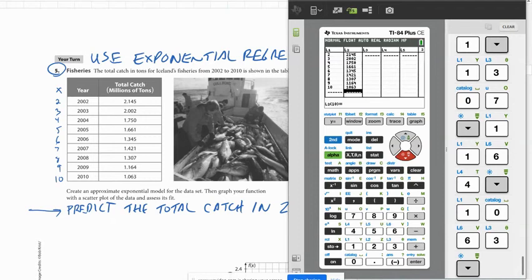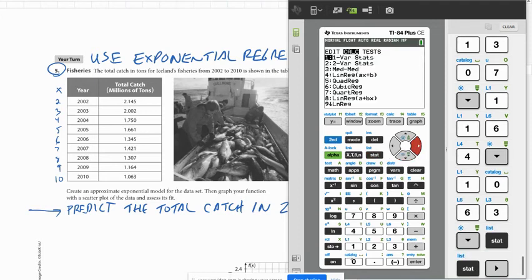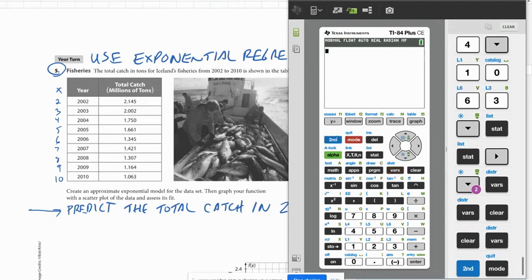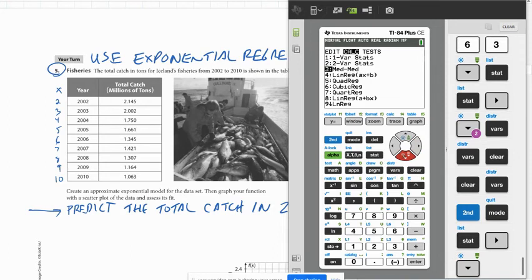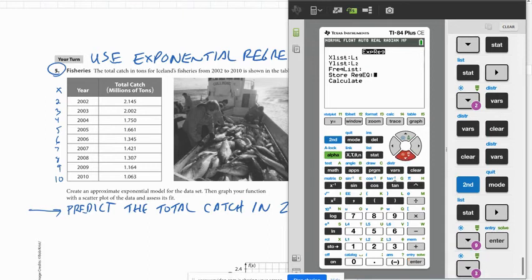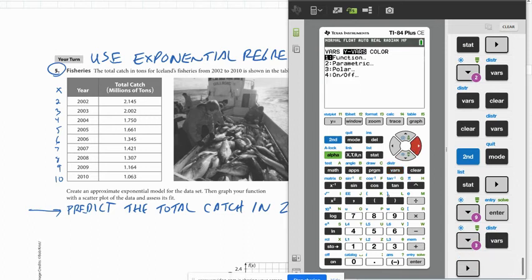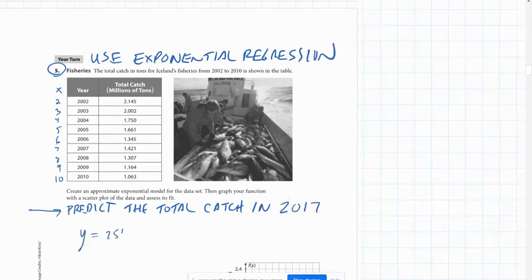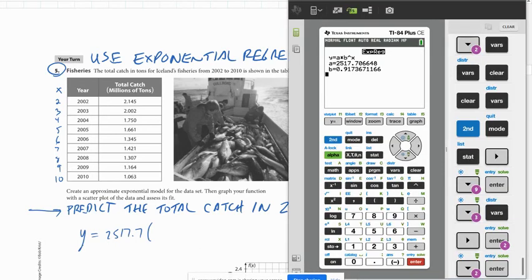Okay, so I have all the data entered here, and so to create the regression equation, I'll go to Stat, Calc, and I'm going to scroll down until I get to Option 0, which is Exponential Regression. And then I'm going to store my regression equation as y1, so variables, y variables, function, y1, and calculate. So it tells me that the regression equation is about 2517.7 times b, which is 0.9174